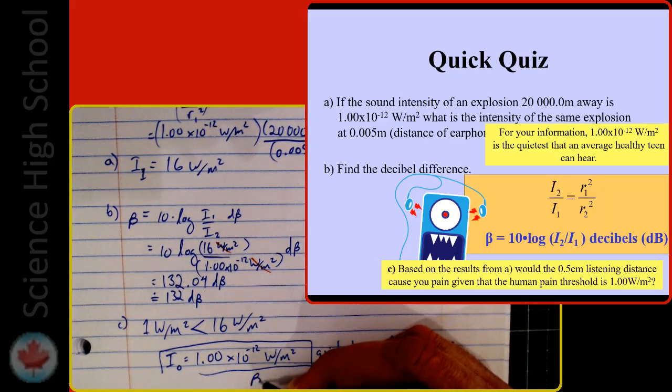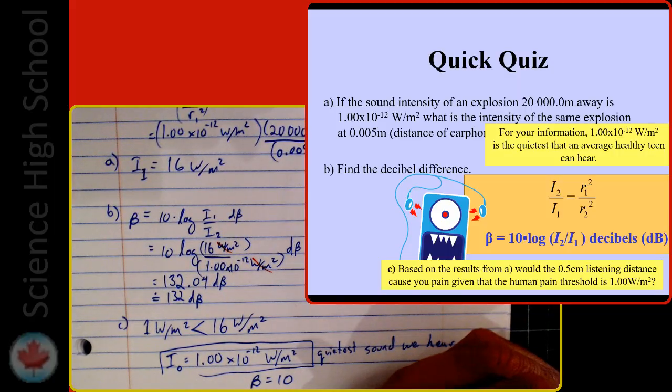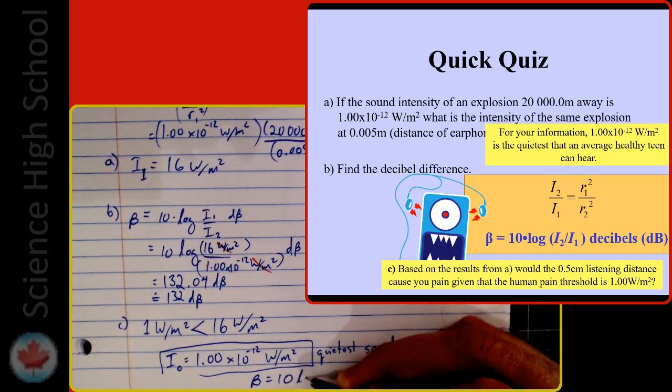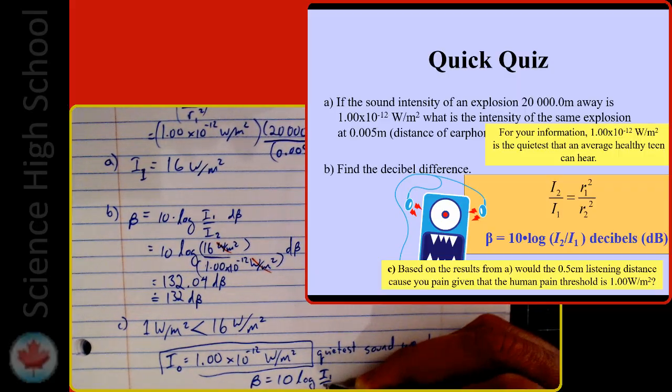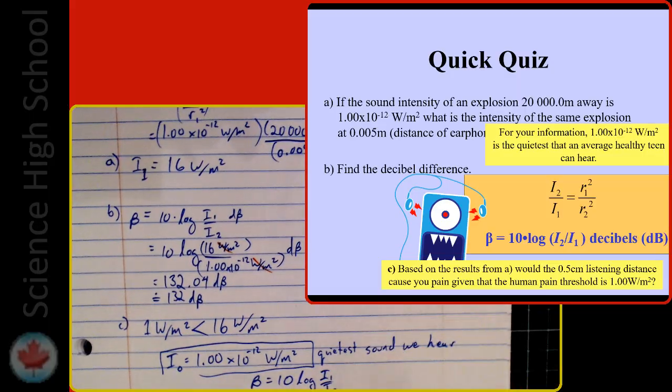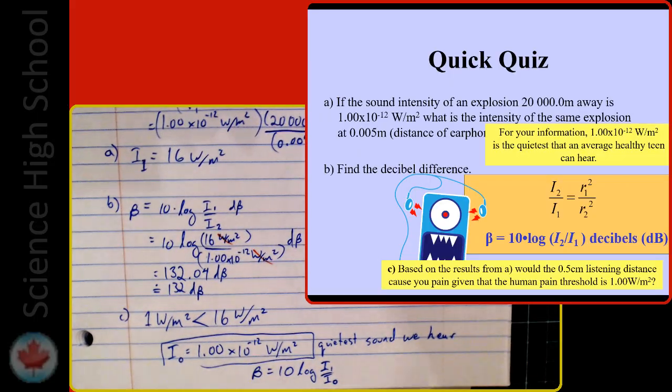So every time I want a standard decibel, as opposed to a decibel difference between two given intensities, I'm going to use the equation 10 times log of intensity 1 over intensity 0. I'm going to call this intensity 0 from now on, or intensity naught, or I'll just call it the quietest sound we can hear,